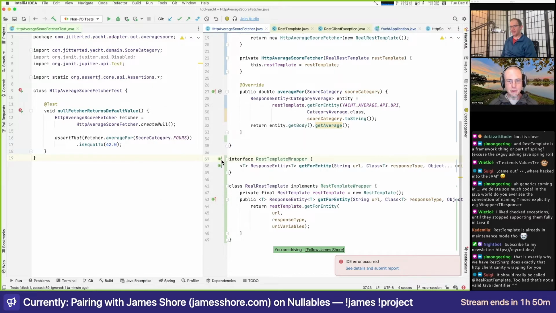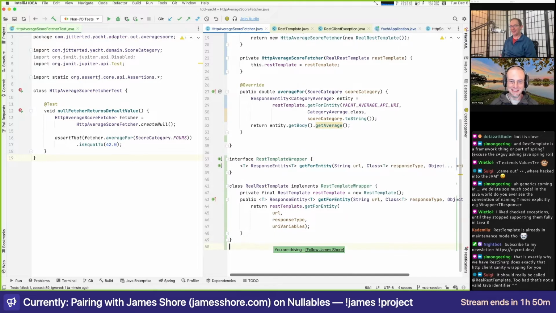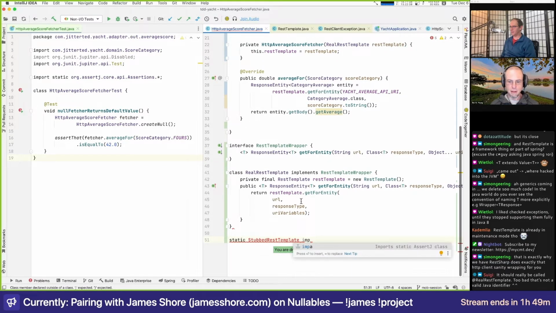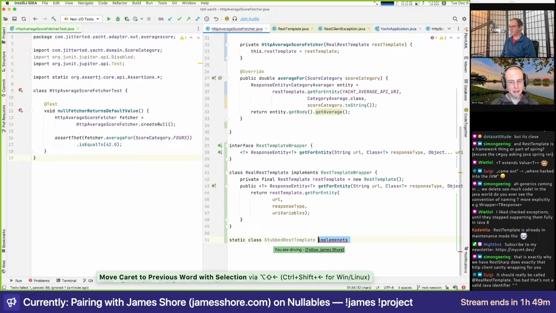I love your proficiency with the tooling, Ted, but I can't help thinking it'd be faster to just type sometimes. If it did the right thing in that case, it would be faster. But here, I'm just going to say static. So this is our stubbed REST template implements, and now the implements implement. I think you want class, not static there. Thank you. I actually want both. Man, typing today. Implements REST template wrapper, and then we'll